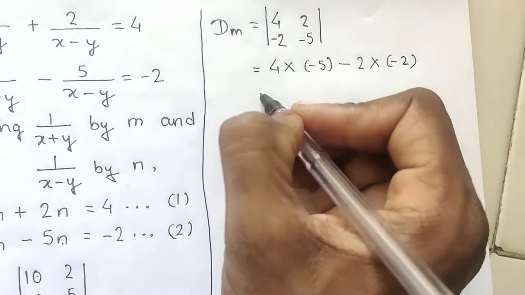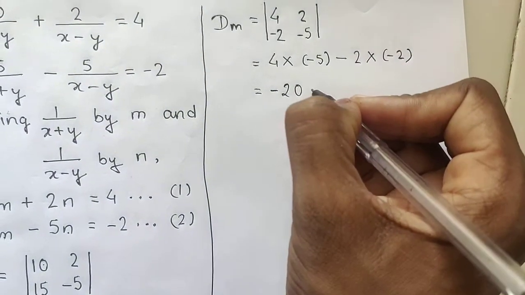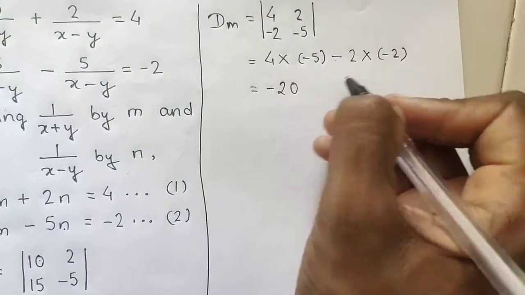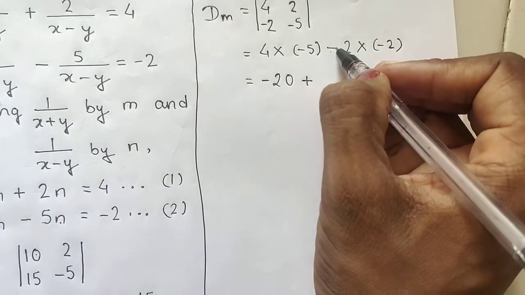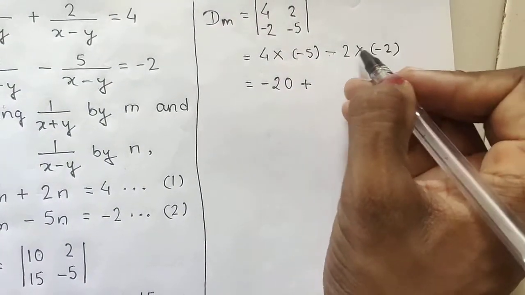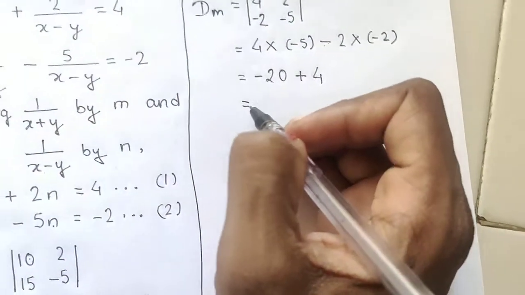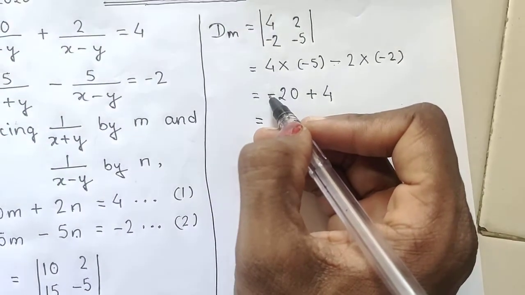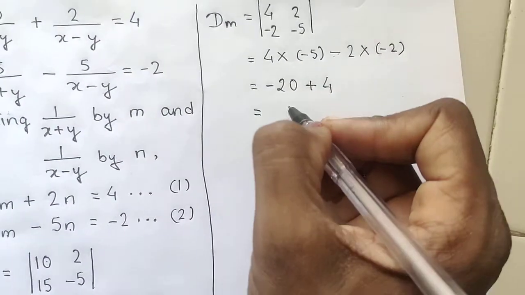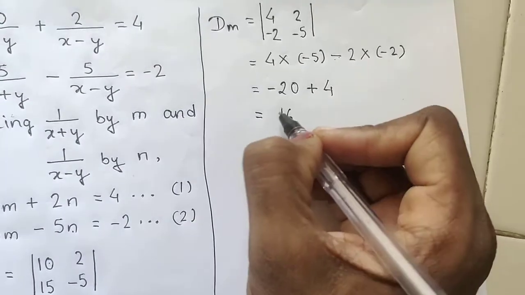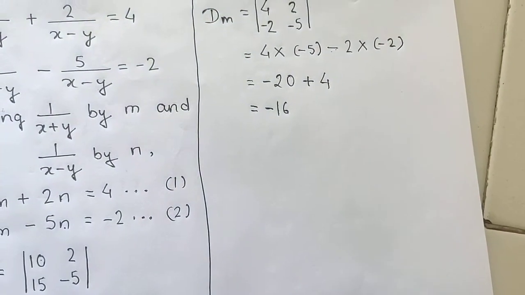Now what is 4 5s are 20, and minus sign is there. Here see, minus and minus becomes positive. Whenever you are multiplying, then minus of minus becomes positive, and 2 2s are 4. Now see, first number is negative and second number is positive, so subtract it. 20 minus 4 gives you 16, and what is the bigger number? Negative, so your answer is negative.